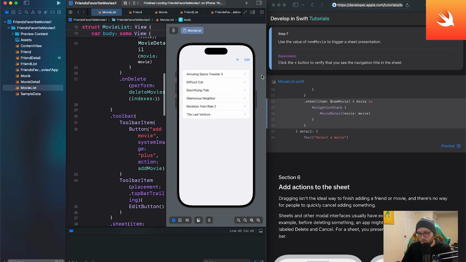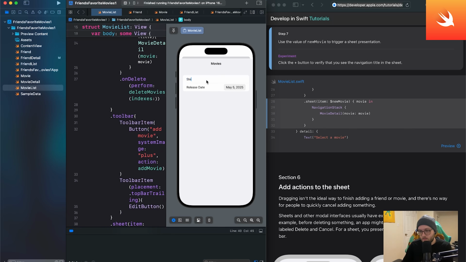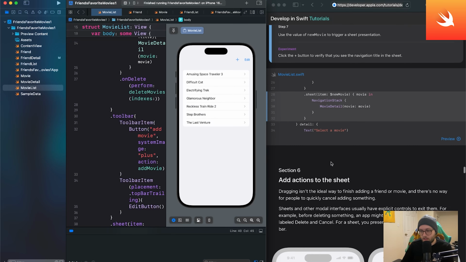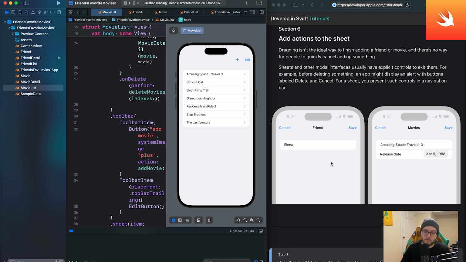All right, we'll do a quick experiment with our movie. Wonderful. We can add the movie title, Step Brothers. We can swipe it away, and we can see that has been added. Now to make it a whole lot more user-friendly, because I don't like dragging those sheets down, we're going to